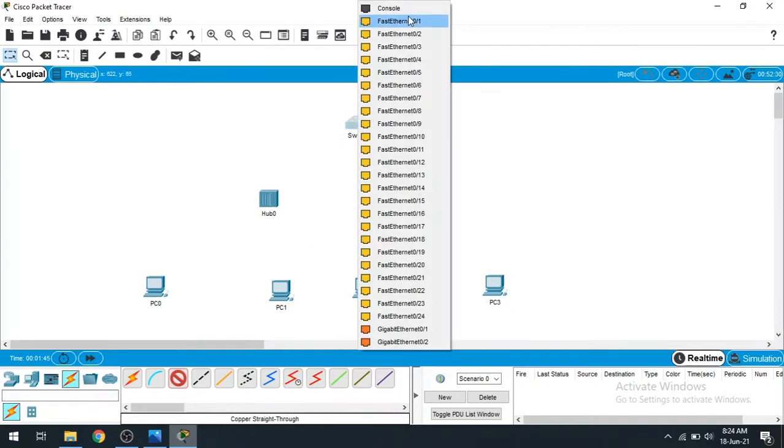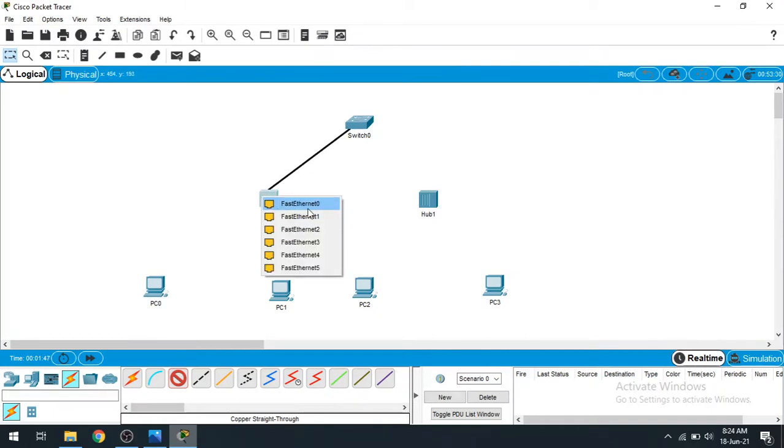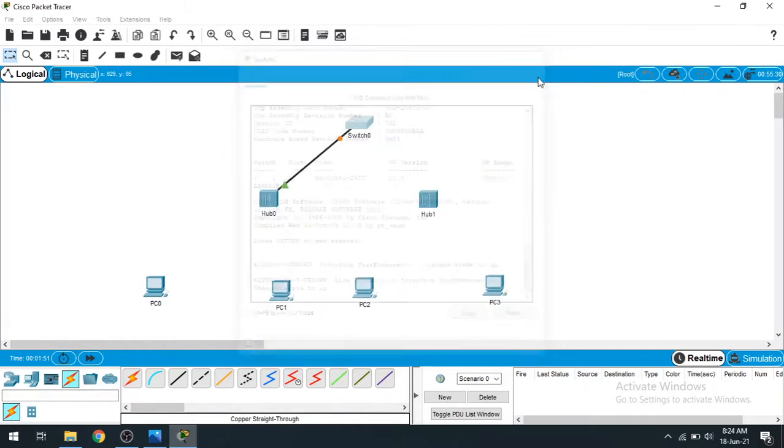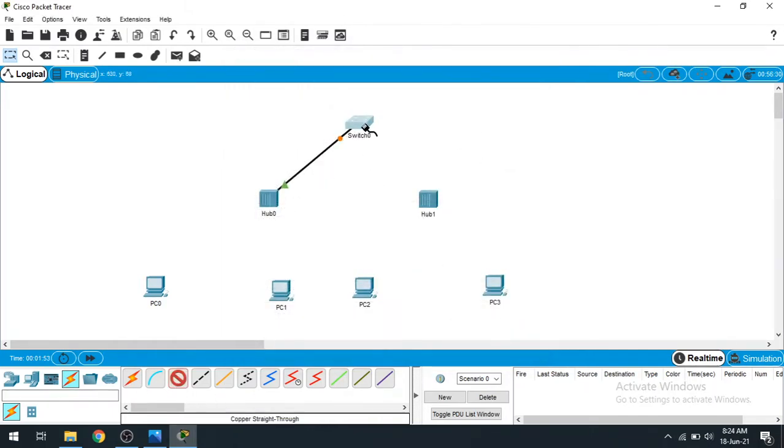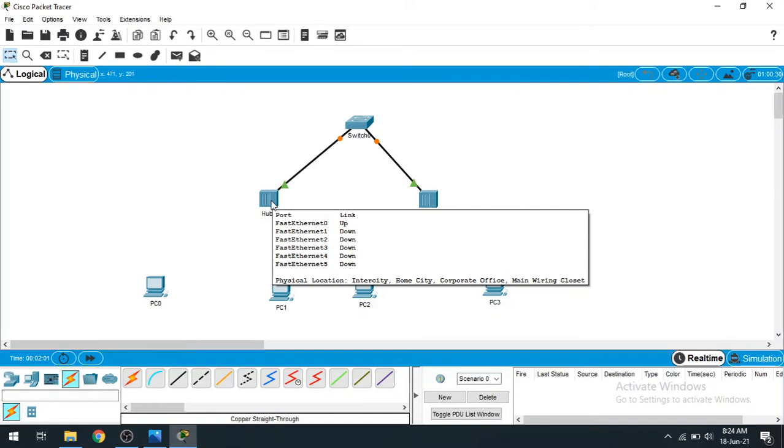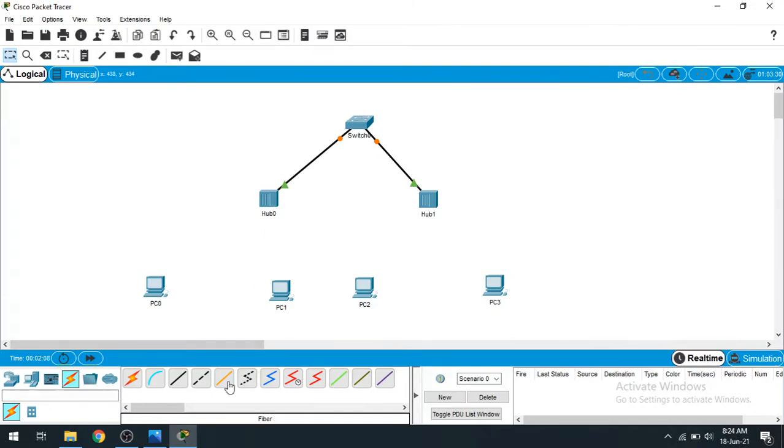So the switch is connected with fast ethernet 0. Again, just connect it to fast ethernet 0. You can see here hubs have up to 6 links, fast ethernet 0 links.